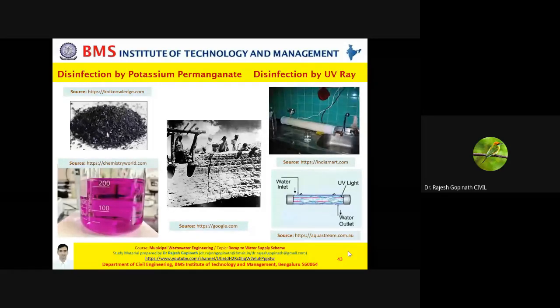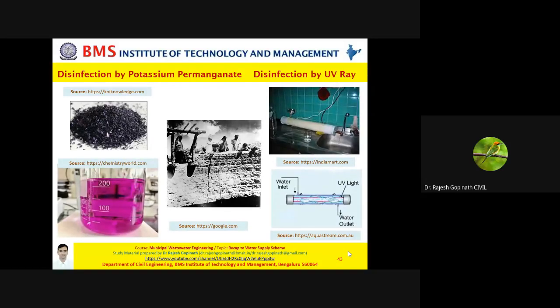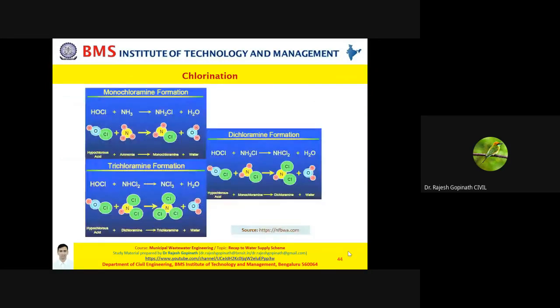But before we shift on to chlorine, I hope that you have recollected, if you still go to villages, in those open wells, sometimes you find the water with a pinkish stain. That is, those villages are still going for the simple, cost effective potassium permanganate. But sometimes in the cities, you might find disinfection by a costlier method, such as using ultraviolet rays or ozone. But the most accepted, the most widely employed form of disinfection is by chlorine, addition of chlorine. Now, this is chlorination.